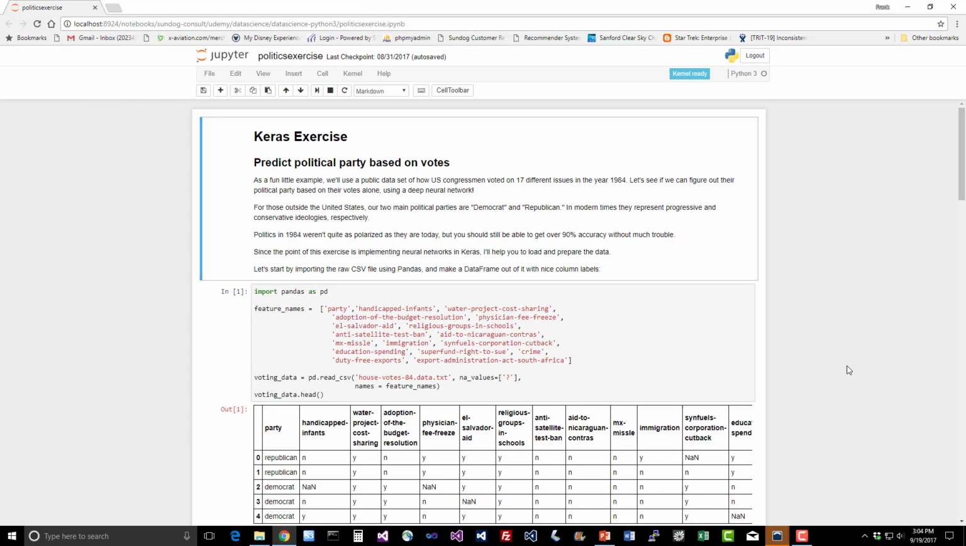All right, and we should see something like this. Now this is actually going to be an example that I'm going to give to you to try out yourself as an exercise. So I'm going to help you load up this data and clean it up. But after that, I'm going to leave it up to you to actually implement a neural network with Keras to